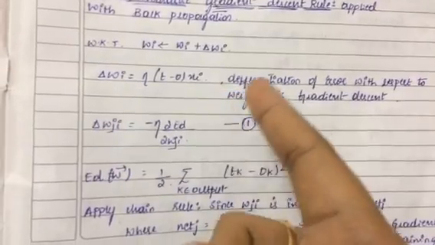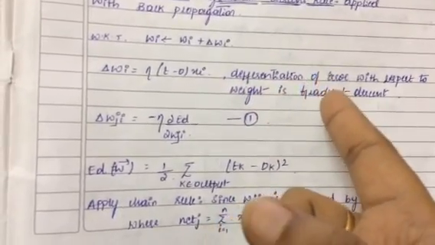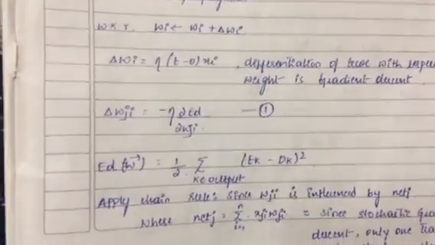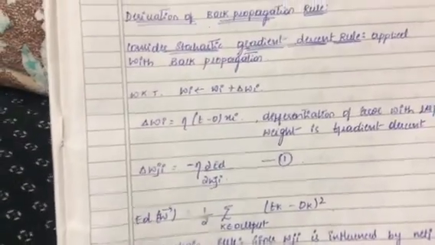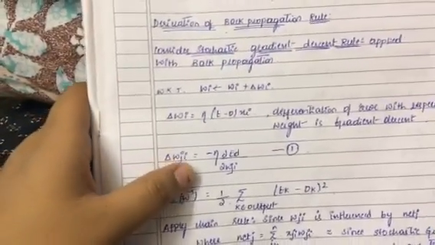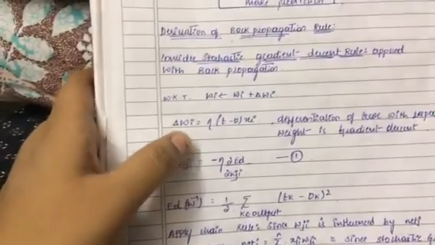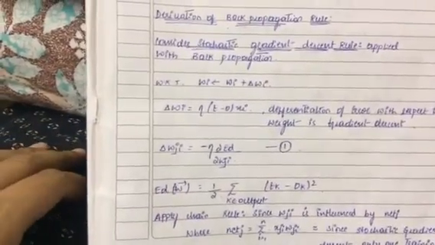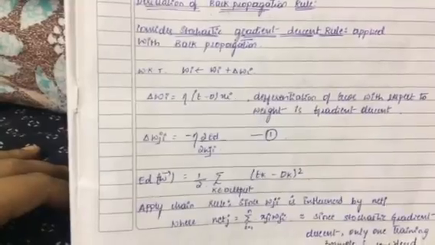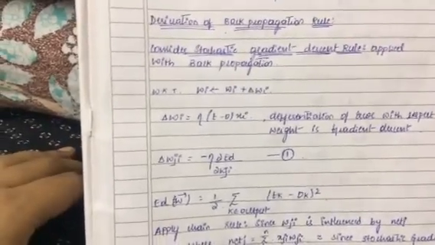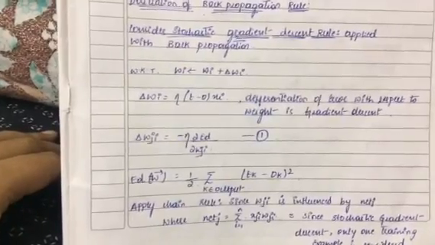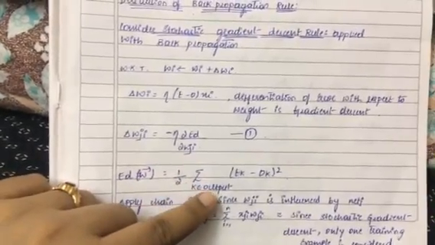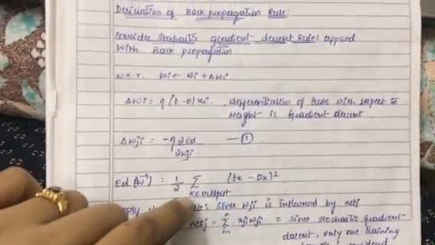We know that the differentiation of the error with respect to the weight is the gradient descent. So here we have applied a stochastic approximation to gradient descent, meaning we are considering a random training example, and that too only one training example. So delta Wji, that is from the input layer to hidden layer j, equals minus eta, and the minus sign indicates that it is a descent, or there is a decrease in the error, as we are finding a global minimum value, dou Ed by dou wji. So we know that the error value equals half summation k belonging to outputs of tk minus ok the whole square. So since it is a stochastic